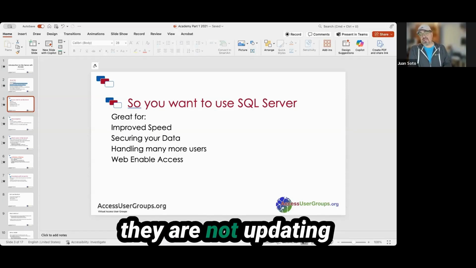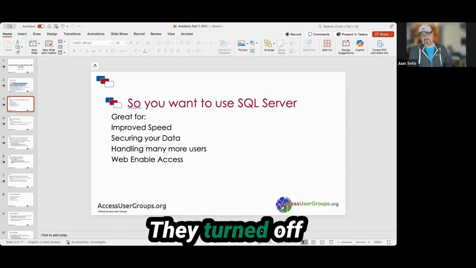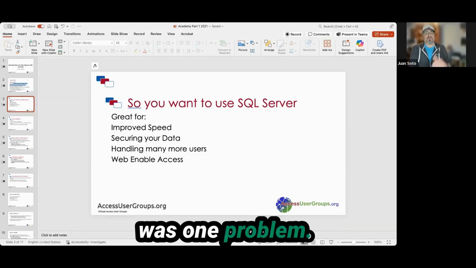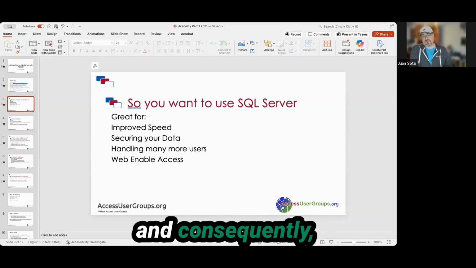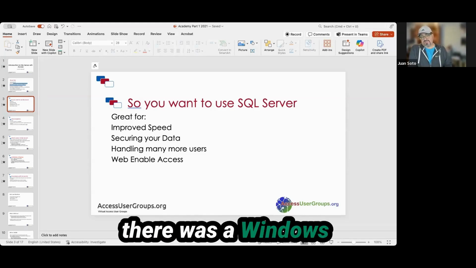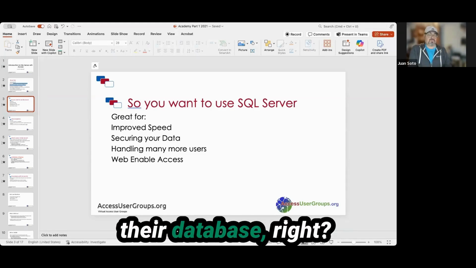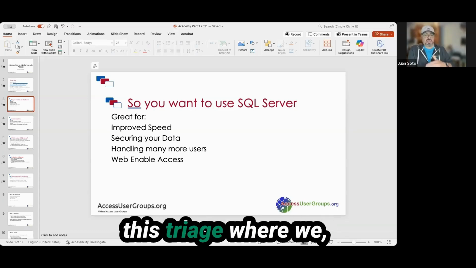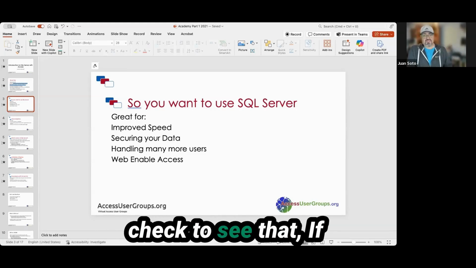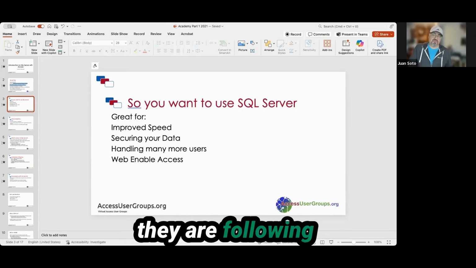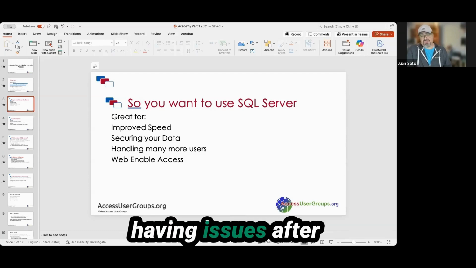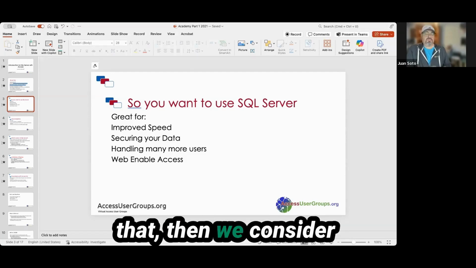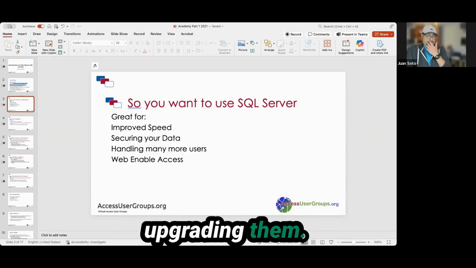Maybe they are not updating the product, right? They turned off updates because there was one problem. One time they had a problem with updates, decided to turn off updates, and consequently there was a Windows update and that affected their database, right? And so we go through this triage where we check to see if they are following these best practices, and if they are still having issues after that, then we consider upgrading them.